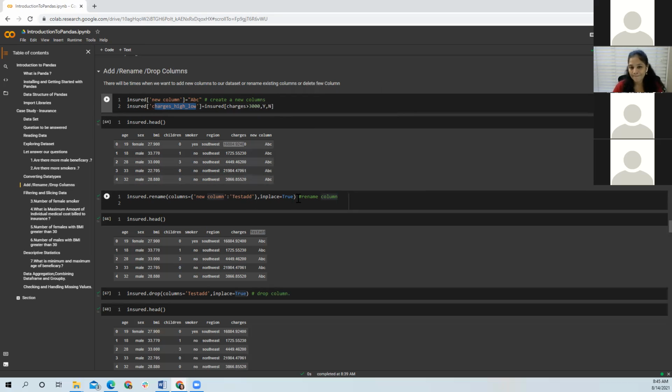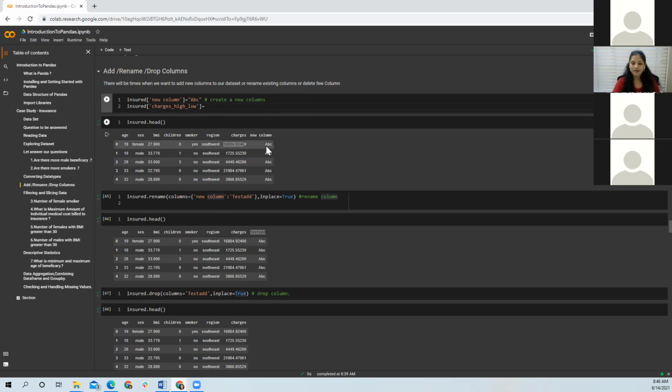Yeah, but this is not the way. You will have to use something called a lambda or use an apply function here. If you want to check this, you can check it in another tutorial. I didn't want to include it here because it would get a bit confusing and I don't have enough time to cover it. But that's how you actually add a column.